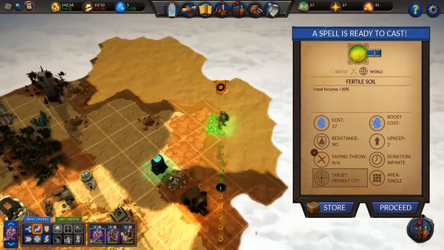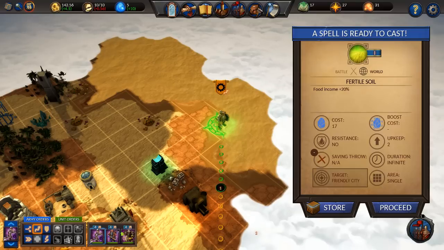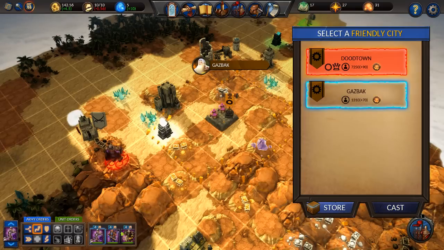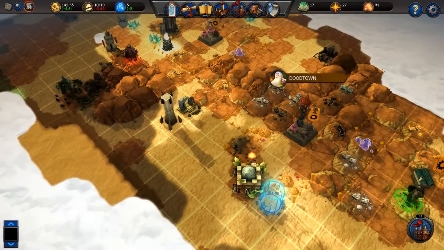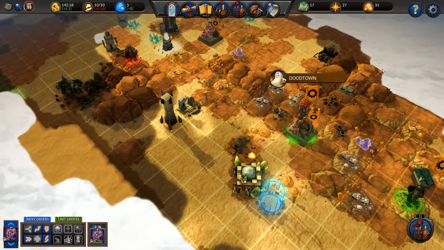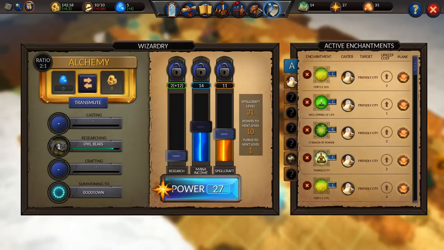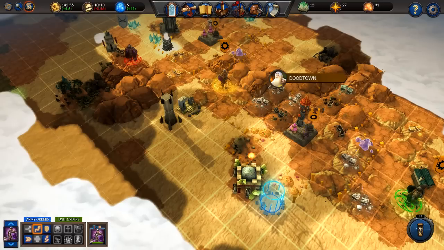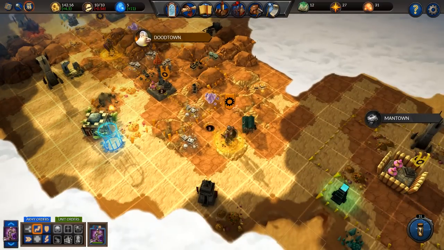Alright, this is frustrating. Because I believe... cast fertile soil on Gazback. Cast. I believe... Oh shit, he's gonna take Gazback next. Alright, let's go to this. We need mana income and spellcraft. Okay, we're losing food. Could have bought gold, could have done a lot of things. I'm not sure how I'm gonna get my shit...